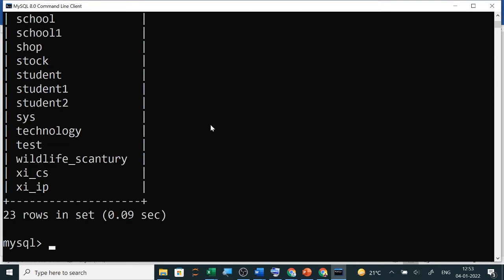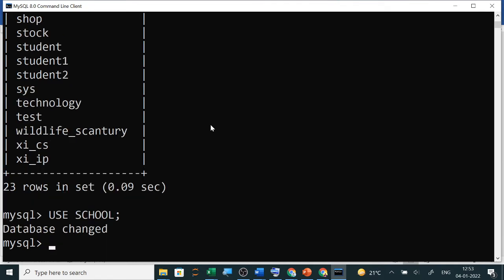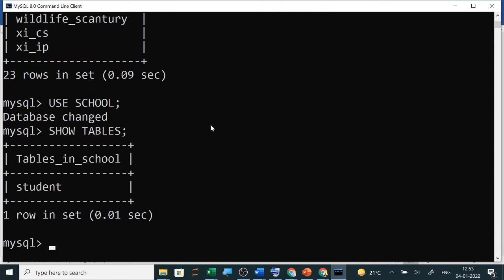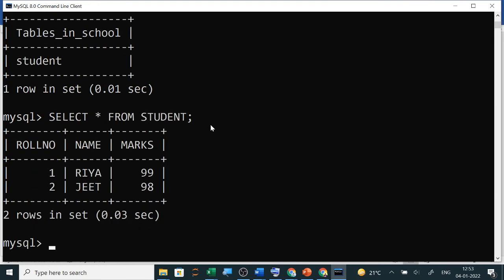So I will change the database to school, and then I will run show tables to see all the tables. So the student table is there. I will see if any data is there: select star from student, semicolon. Now here 2 records are there.